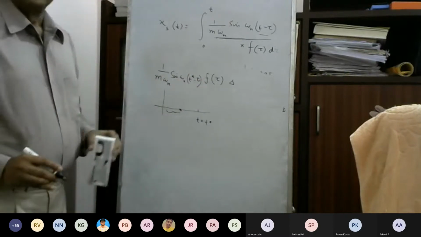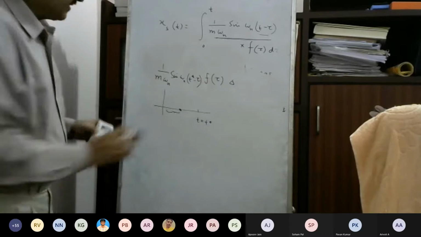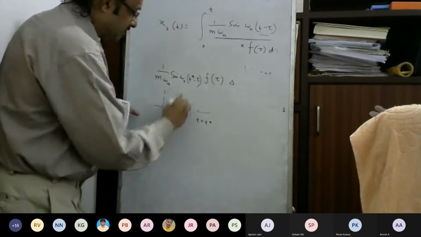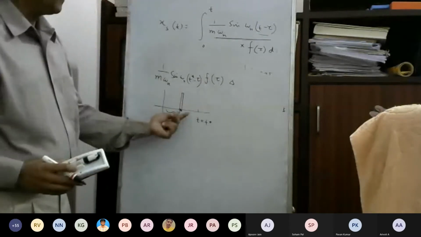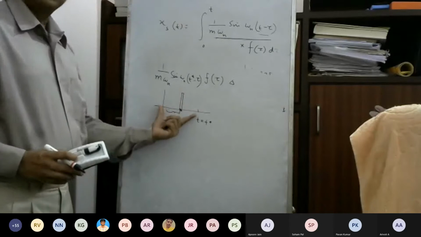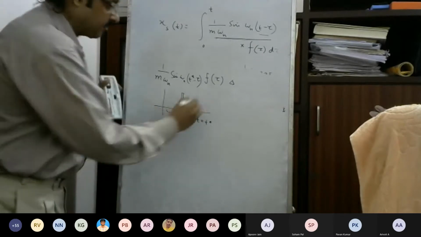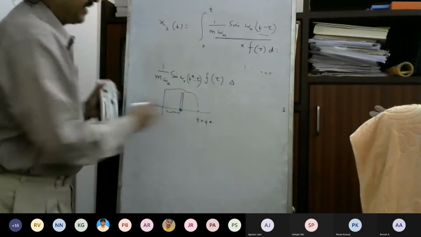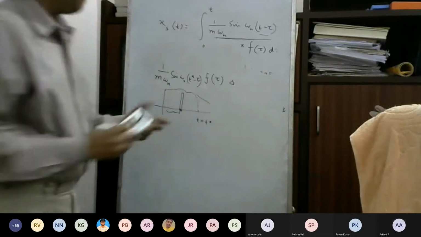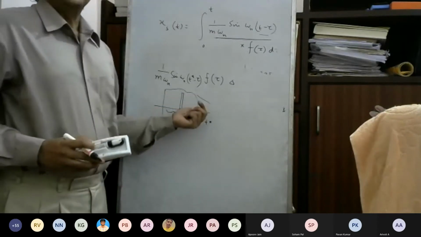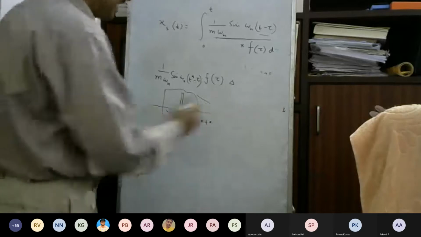So this will be the response. And now what we will have to do, this is due to the small impulse over there. Now we'll have to consider all the impulses up to time t star, everything up to time t star, everything will be appearing. And one more thing is important, that this system is actually a causal system. Causal system means that